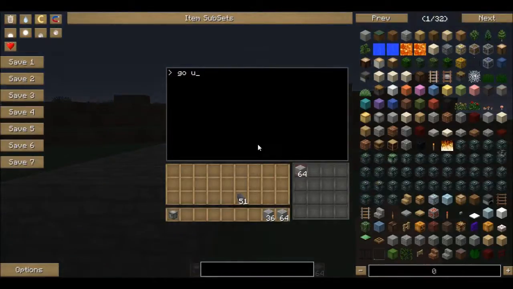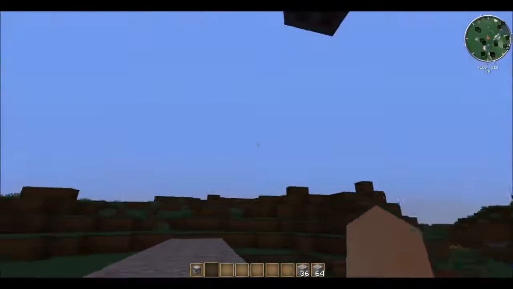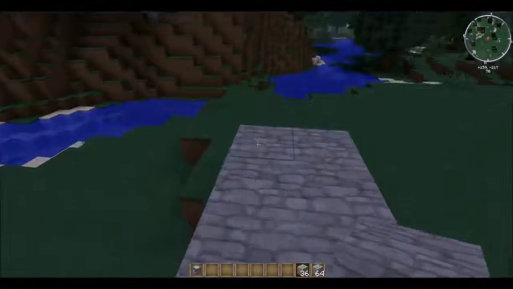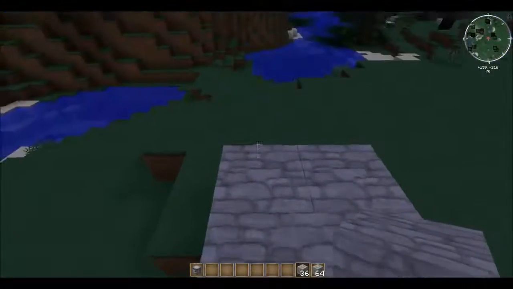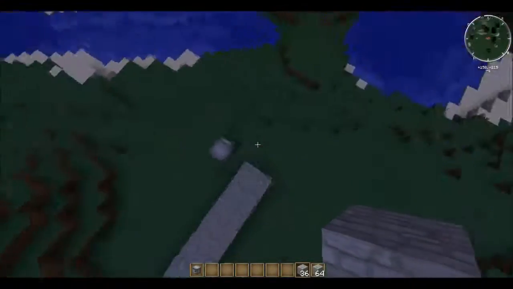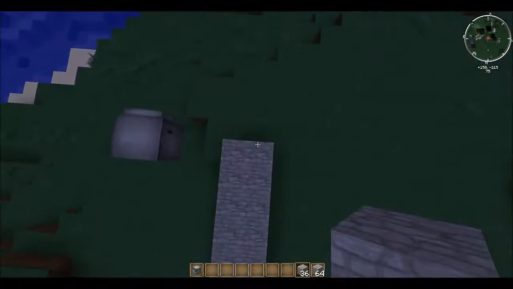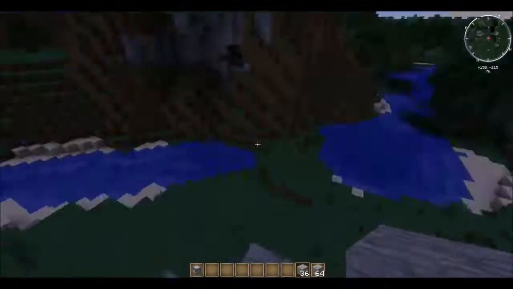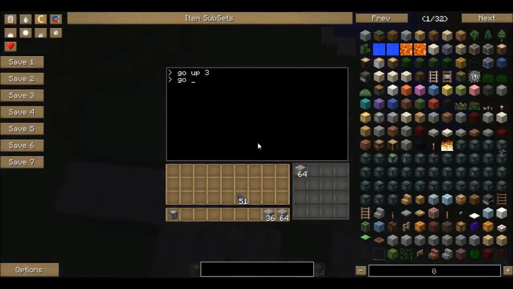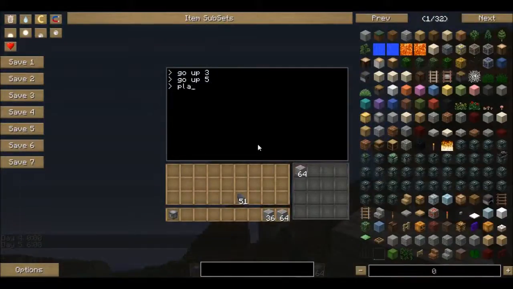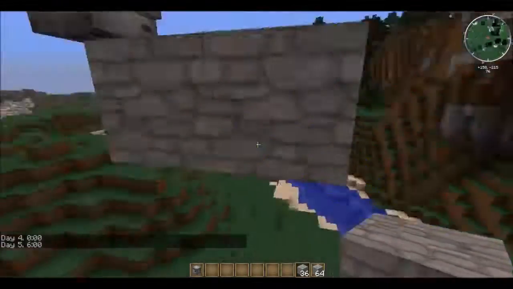So we want him to go up 3. Something really cool about a turtle is, unlike you, it's not limited to needing a surface to place a block on. For example, if I am up here, I can't place any blocks because I need a surface to put the block against. So if I want to make a platform up here, I would have to tower up, but my turtle can do this very easily. So you go up like say 5, make it daytime again, and if you want to place a platform up here, you just do platform,